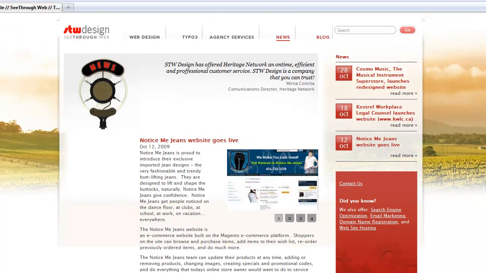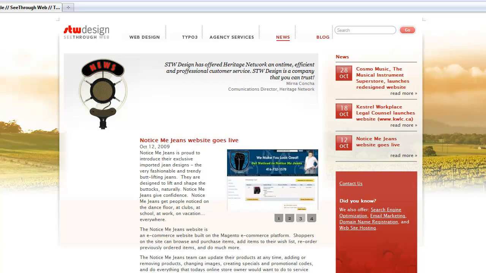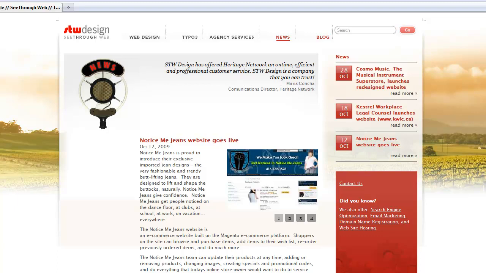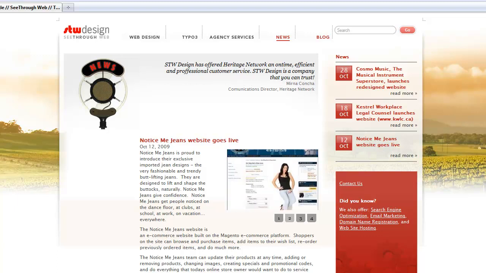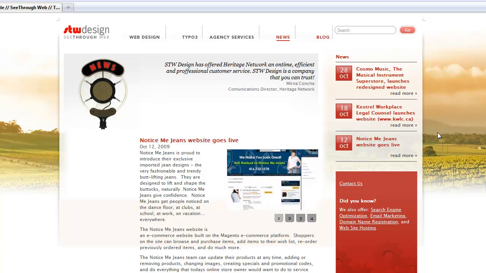To get our news to show up in all these different places, we don't really have to do too much. The system has a nice way where we can enter the news once, and it will automatically figure out what to put on the home page, what to put on the inside, what to put on the list page, etc. We can also easily configure how many items are going to show up in that list view, whether it's 1, 3, 5, 10, etc. Same with the news page, how many items to show before you click through to the next page, etc. And let me show you how that's done.